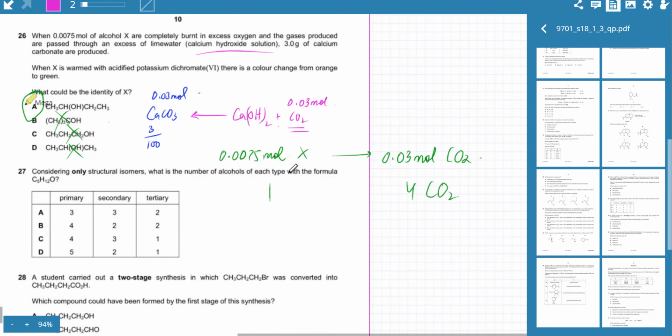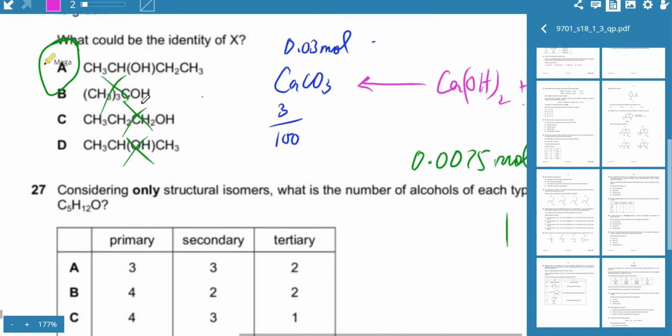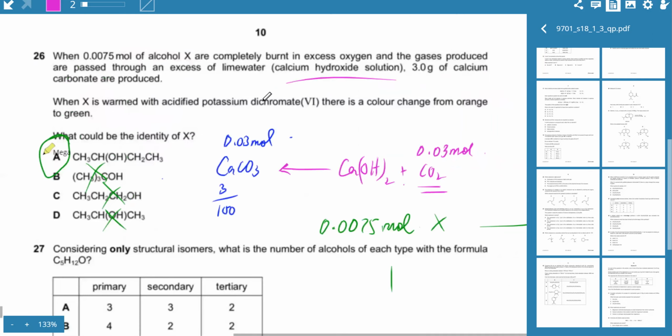Yes, sir. And then the next part was it was also getting oxidized, potassium dichromate 6. Now, so it's either A or B, 4 carbon atoms. These are the only 2 molecules with 4 carbon atoms. But it cannot be B because B is a tertiary alcohol. And tertiary alcohols, they don't get oxidized. Whereas he was saying that it was changing color with potassium dichromate 6. So hence the only option left is A. Okay, C and D were eliminated because they just had 3 carbon atoms. Okay, is this clear to everyone? Bhaskar, is this clear? Ethan, Mohammed? Yeah, that's clear.